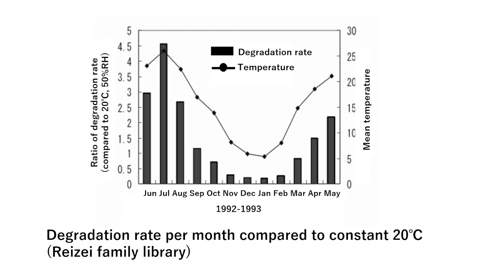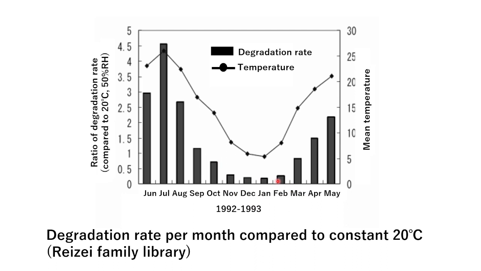You can confirm that paper degradation usually occurs during summer and does not occur in winter. In fact, since the humidity in summer is higher than the standard of 50%, the degradation rate here will be higher, and the degradation rate in winter will be smaller, so the difference between the two will be greater. Now the results are assumed to be 50%, and it can be seen that during the high temperature period from June to September, degradation becomes remarkable, but during other periods, the degradation rate decreases with a decrease in temperature.